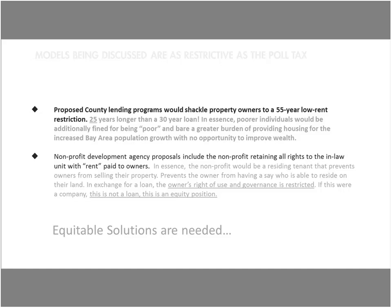unit construction, but what they're asking for is that they would like to retain the right to rent, and they will select who will occupy the unit, and they will pay the owners a rent. Now, on the face of it, that sounds fine. I won't have to think about who's in my unit. I will just receive a rent. But what this actually means is you will not be able to sell your property as easily as you would like. You have no say in who will be in your backyard, and someone else is restricting how you use